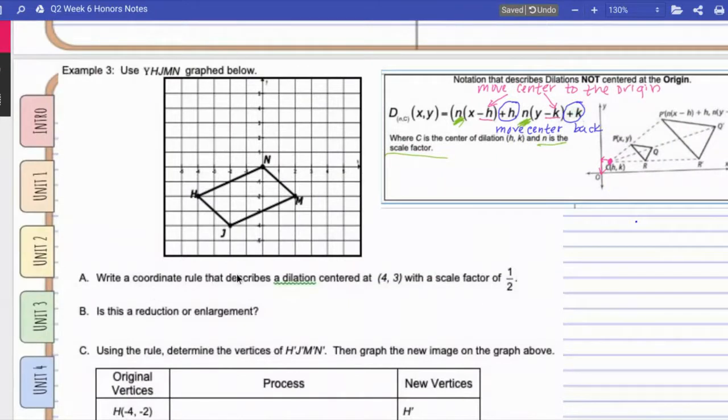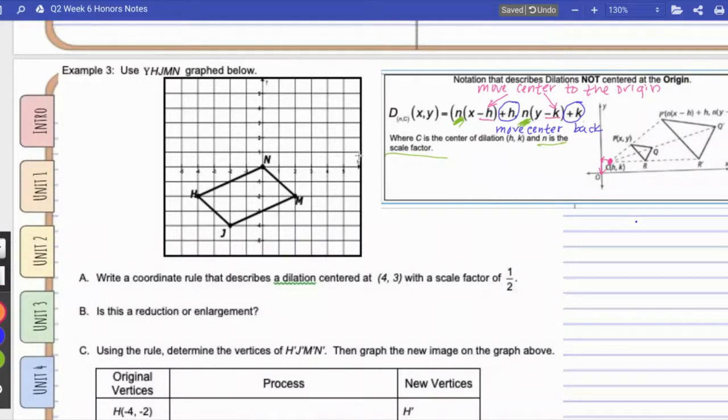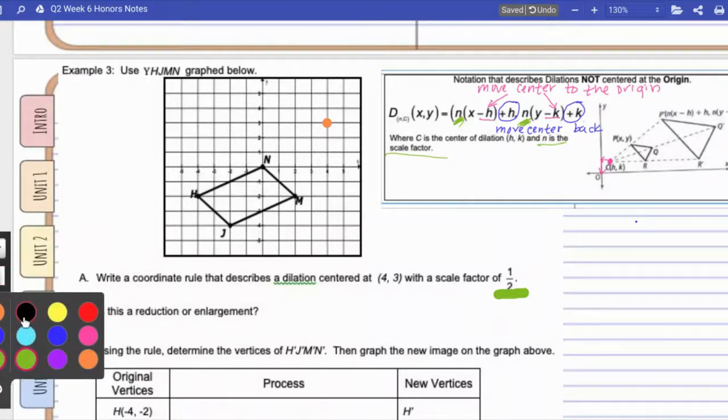It says, write the coordinate notation that describes the dilation centered at (4, 3). So we know the center of dilation has to be at (4, 3). That's right here. That's important. And it has a scale factor of half. So if I want to write the rule,